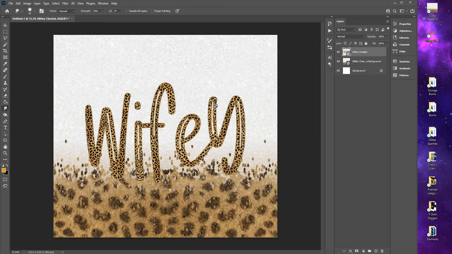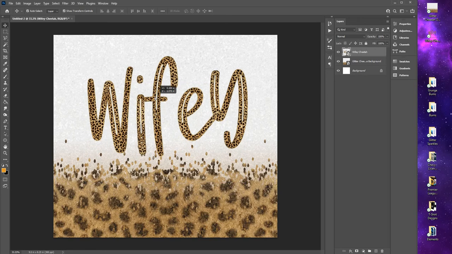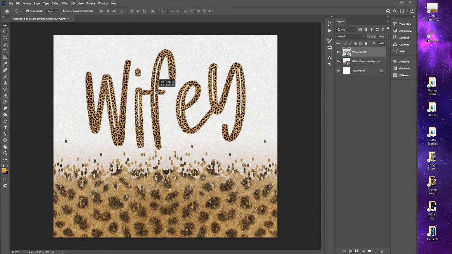So this can be done in Photoshop, this can be done in Silhouette, this can be done in any design software you have. It really doesn't matter. Essentially, the PNGs are all going to have transparent backgrounds, so you can put them on top of stuff. The background layers are going to be all solid. This background layer has a white glitter background faded into a cheetah ombre. Obviously, these two cheetah styles don't match perfectly, but this is just an example of things that you can do. So you will essentially create your own